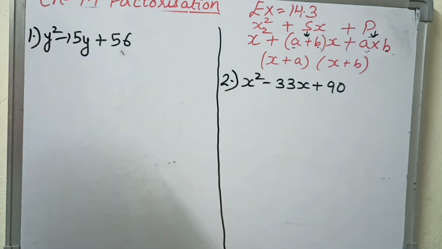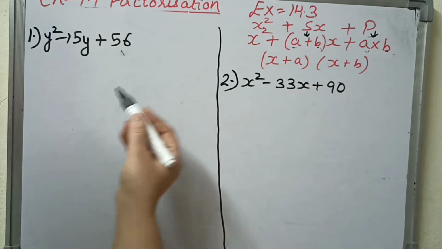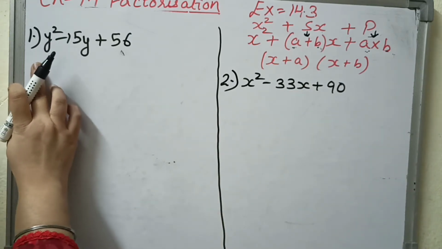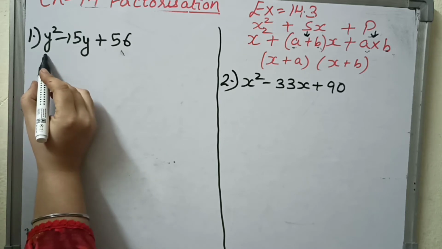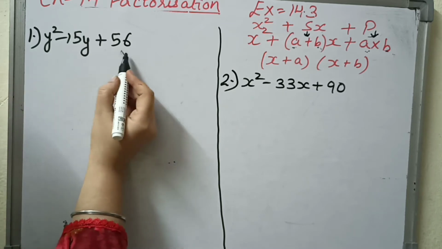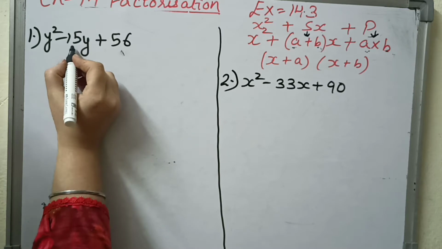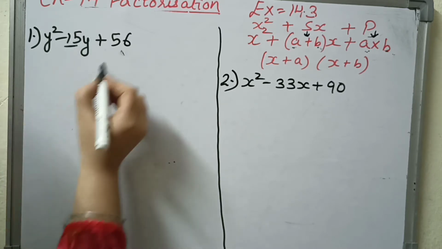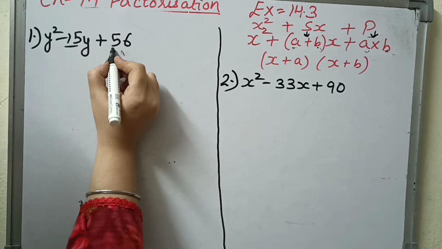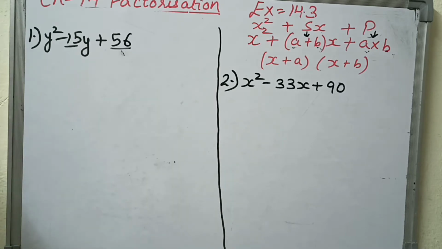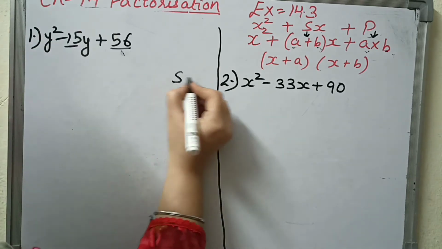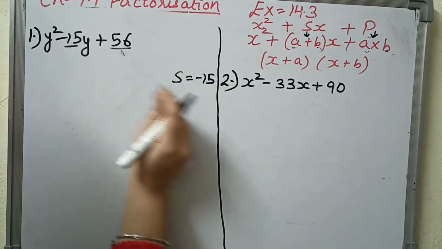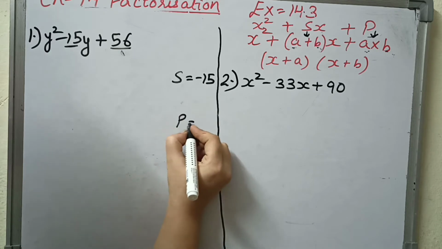Now let us see how to use this method in order to solve the various sums. Come to sum number 1. The statement given to you is y square minus 15y plus 56. Here the coefficient of y, which is your middle term, is minus 15 and the last, that is the constant term, is 56. So I take s as minus 15, that is the sum of the two factors, and the product is